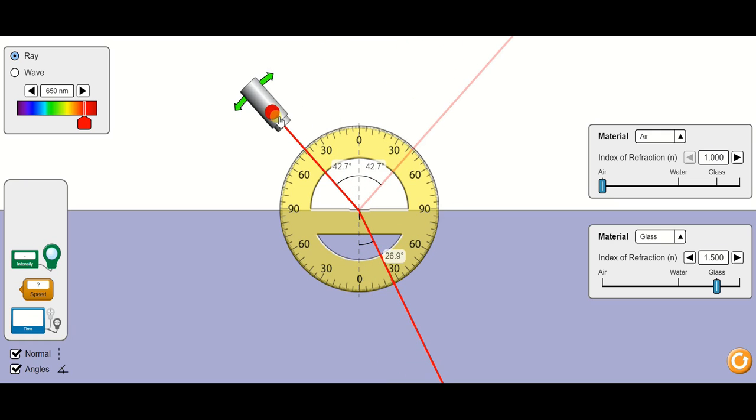Now there is one more property of light called refraction, that is, the bending of the light ray. So here you are able to see this is reflected, and this one that is going down into the other medium is said to be the refracted ray. We know that the bending of the light ray is mainly due to a change in the velocity of the light ray.